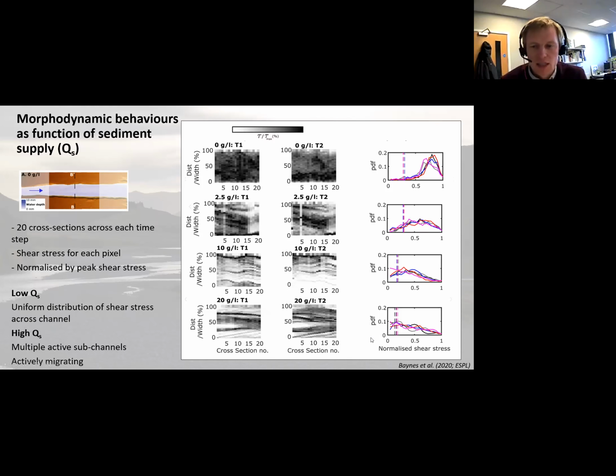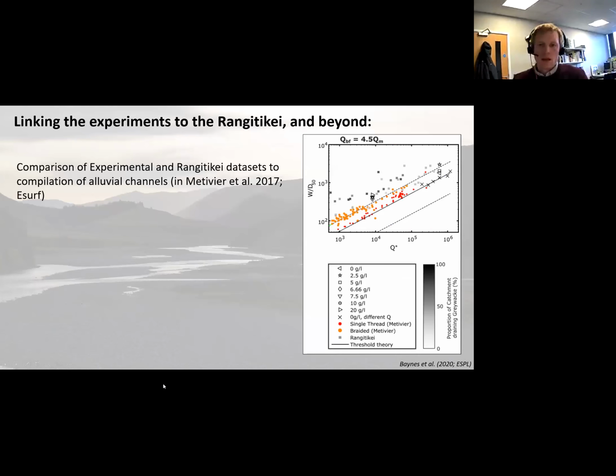So this is all with a constant water discharge, just changing the sediment flux seems to kind of control the morphodynamic behavior of sediment transport within the channel as well as changing the channel geometry. So just as an attempt to try and link all these different data sets together, so link the experimental data set to the New Zealand example, we've normalized the width and normalized the discharge and are able to compare it to